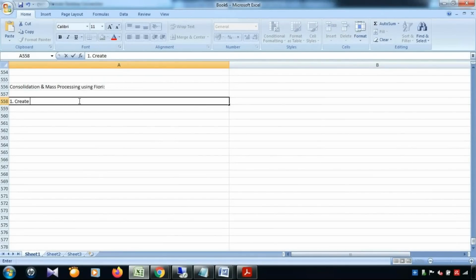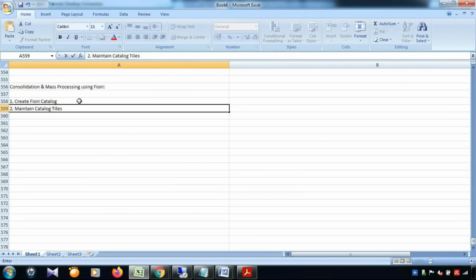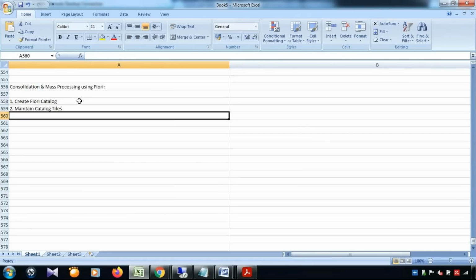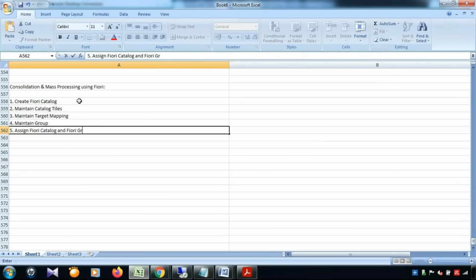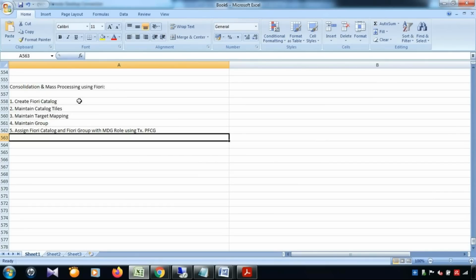we create the Fiori catalog, then maintain catalog tiles, then third, maintain target mapping, then fourth, maintain group, then fifth, assign the Fiori catalog and Fiori group with the MDG role using transaction PFCG, and then